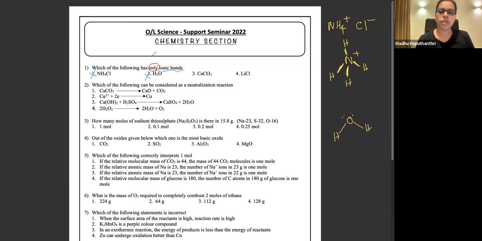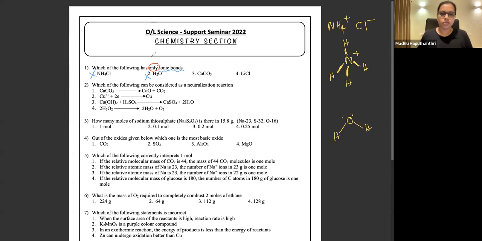Especially when it comes to the MCQ questions, when some answer is wrong, you have to definitely know what is the reason behind that. Right now, this is a practice session. So don't just chase behind the correct answer. Take the maximum benefit to understand if something is wrong, what is the reason for it to become wrong. All right. So that is the biggest lesson you can learn from this.